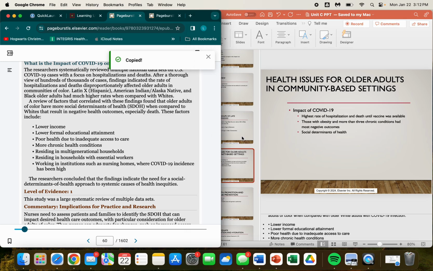So when we talk about a social determinant of health, that includes patients who have these factors right here: lower income, lower education, poor health due to inadequate access to care, more chronic conditions, residing in multi-generational households, residing in households with essential workers. All of these things made up for it, and then those who worked in institutions such as nursing homes where COVID-19 was at higher rates. So all of these things are social determinants of health when we talked about